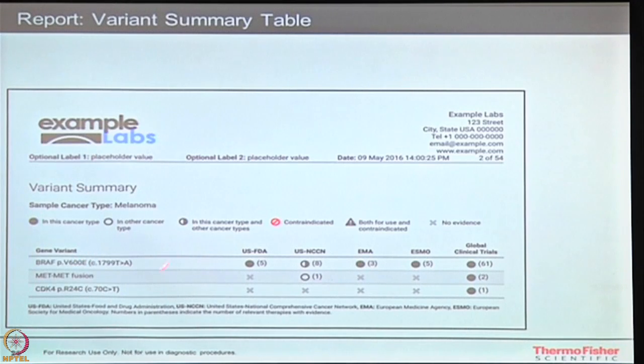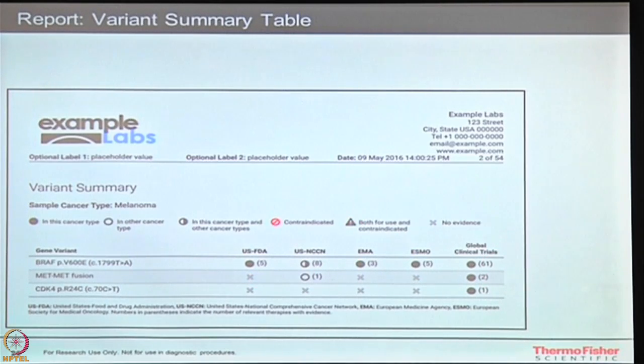So an example report for us, where you have the variants. You can see here are the variants that we are looking at. There is a fusion, there is a C2T change, and there is a T2A change happening over here also. There is a protein change happening, V600E, that's a protein change happening over here, an amino acid change. At the same time, there are different clinical trials and drug affiliations available.